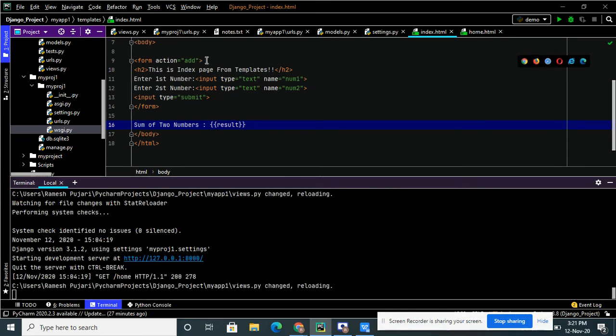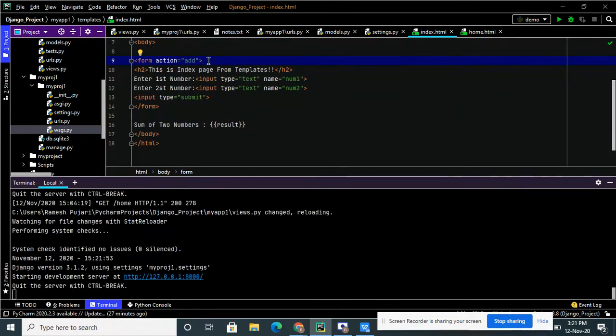Next we have to use CSRF tokens. So I will explain what CSRF tokens are. I'm not using any tokens here. CSRF tokens are basically used for authentication purposes.